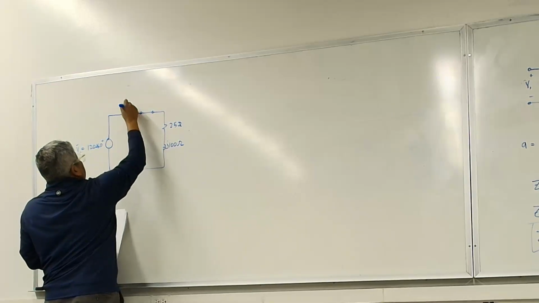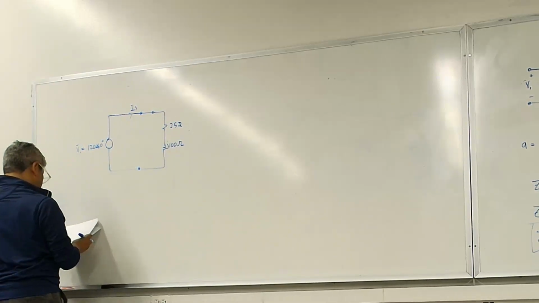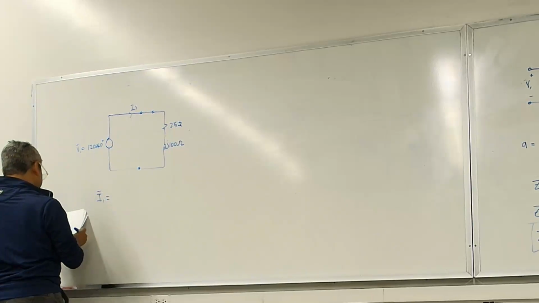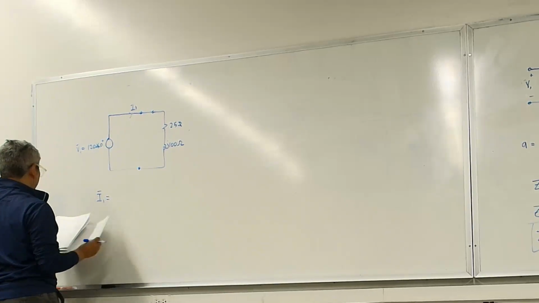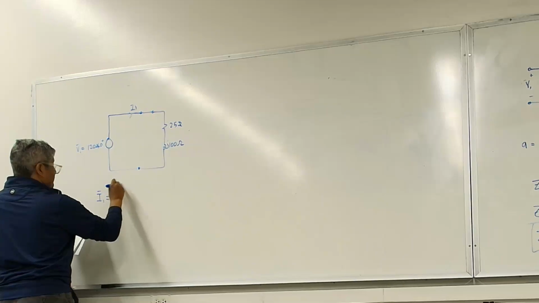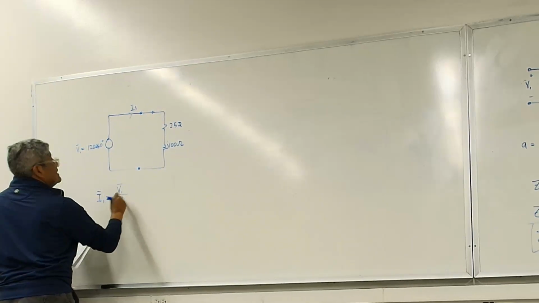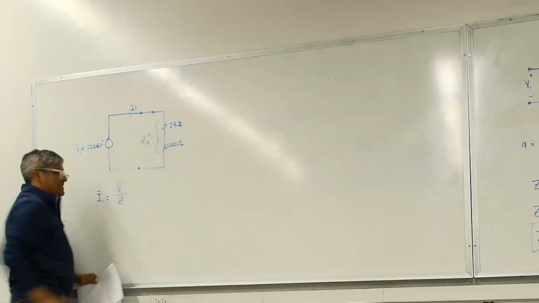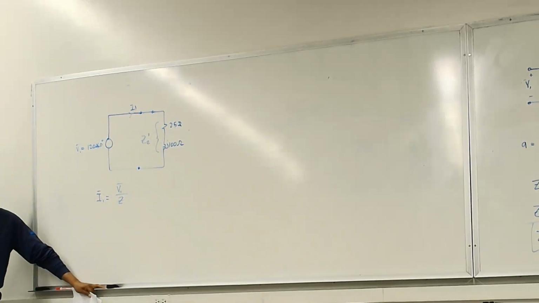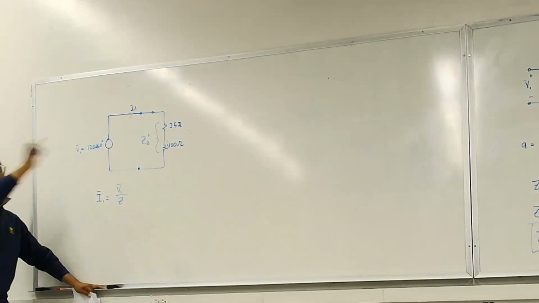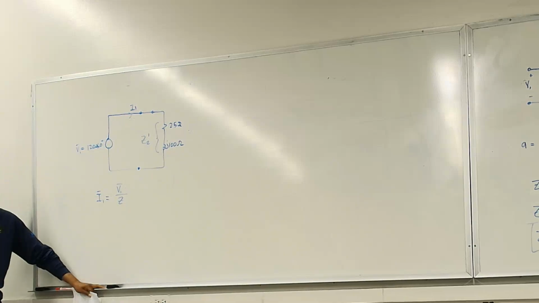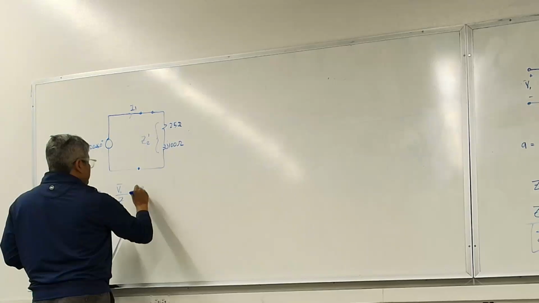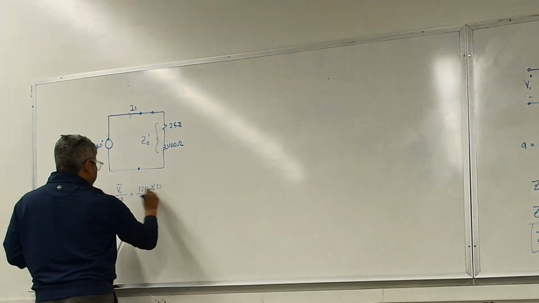So my current I1 phasor is equal to the voltage V1 divided by Z2 prime. It's not Z2, it's the impedance of the secondary as seen on the primary side, okay? So in this case, we have 120 volts angle 0 degrees divided by